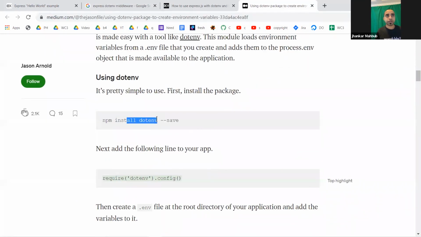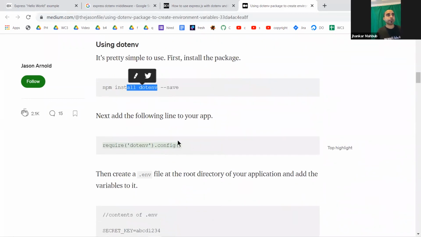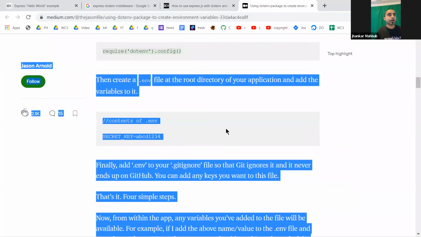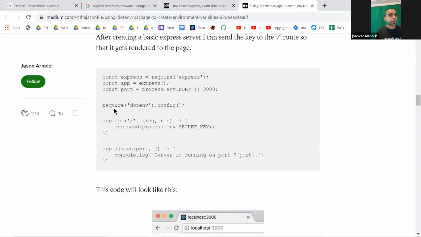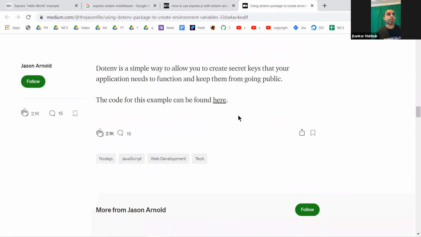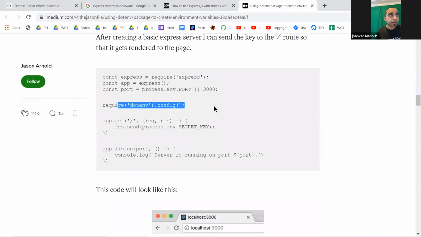We install dotenv, require it, and then use process.env.PORT, the way other people use it, along with the require config.